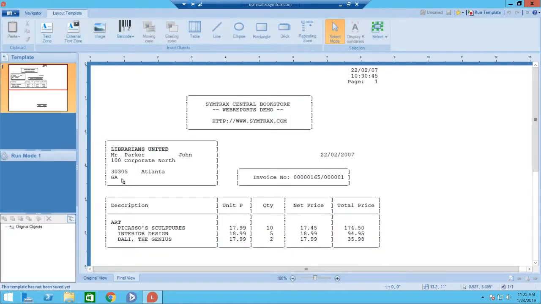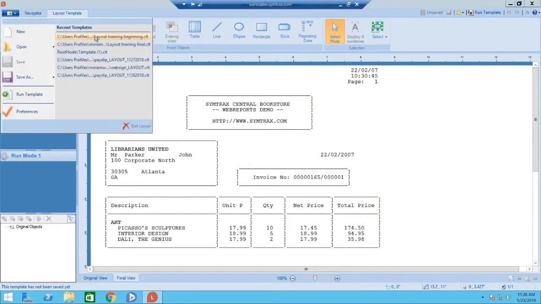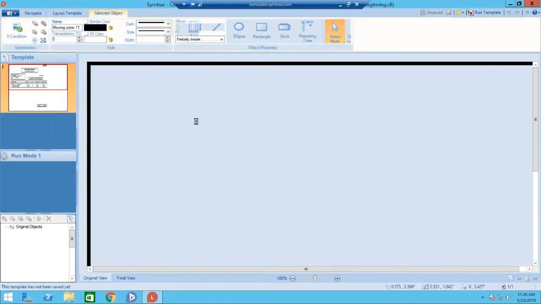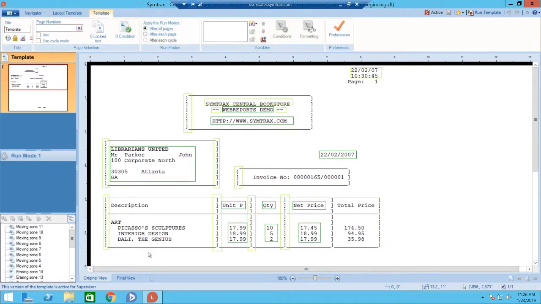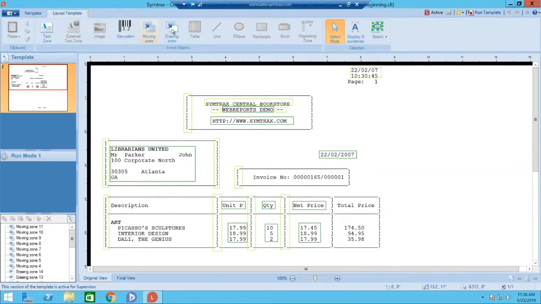Basically, AFPDS spool files contain graphics that are not visible until printed. However, with Layout, you're able to change the graphics and view the graphics without reformatting or reprogramming this spool file. For the sake of time constraints, I'm going to show you the changes I already made on the spool file. In this case, the changes I made were to remove most of these borders that you can see surrounding the